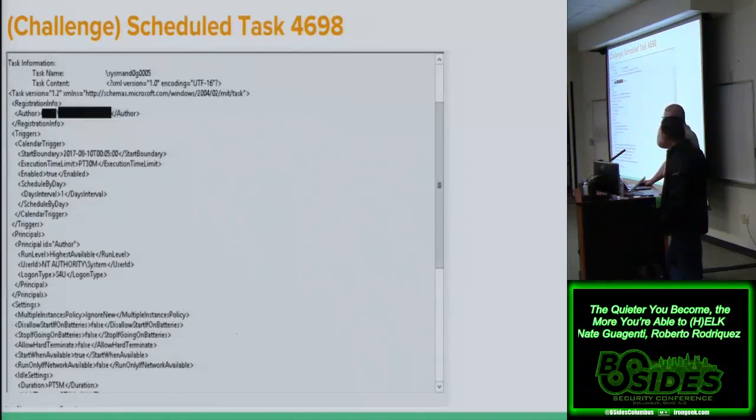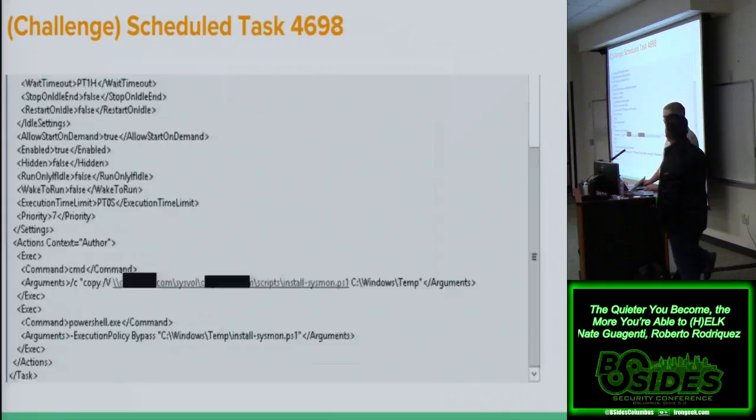Scheduled task, again, not parsed anywhere. Will we put it in HELK, right? It's coming, like, tonight, tomorrow, whatever. But yeah, this all needs parsed. Great, you create a scheduled task. Okay, now you have a name, but what is the actual command being run? This is some of it, and there's more.